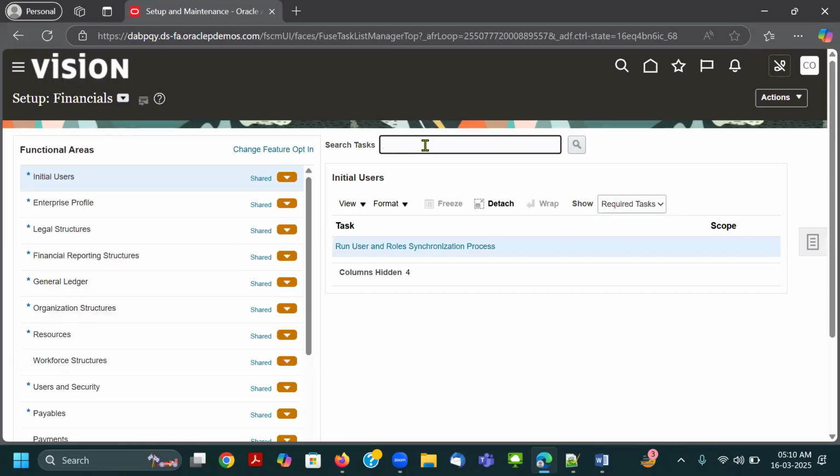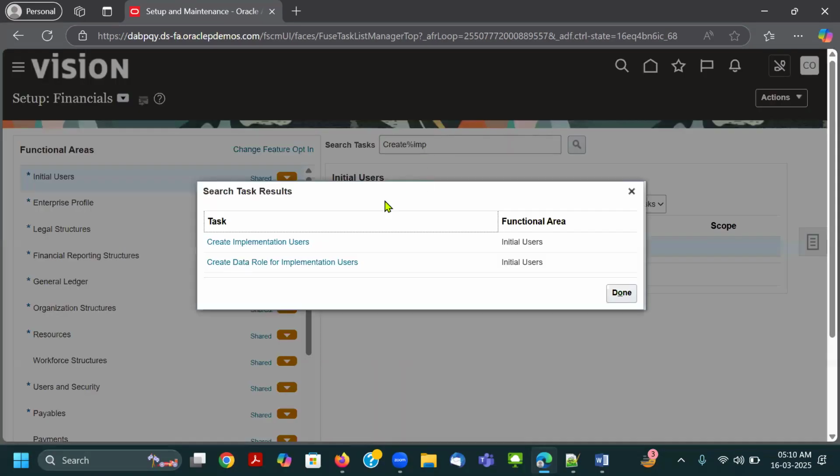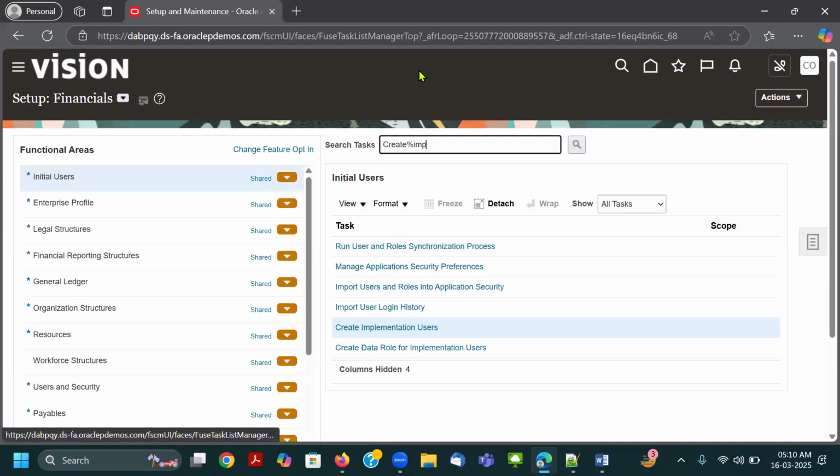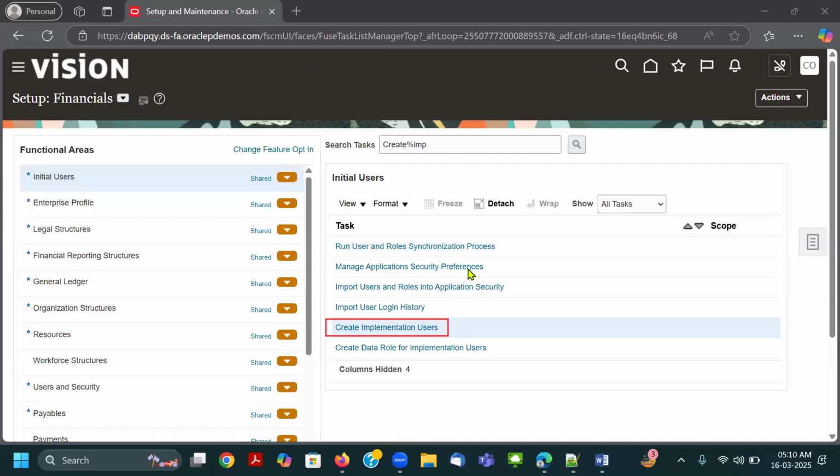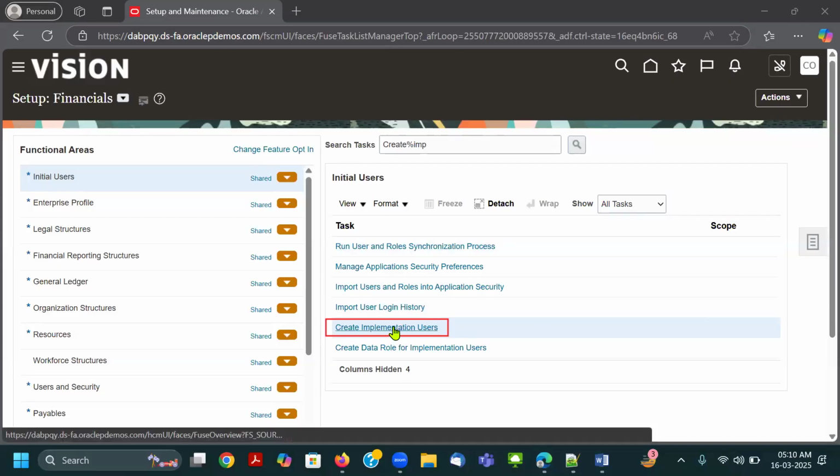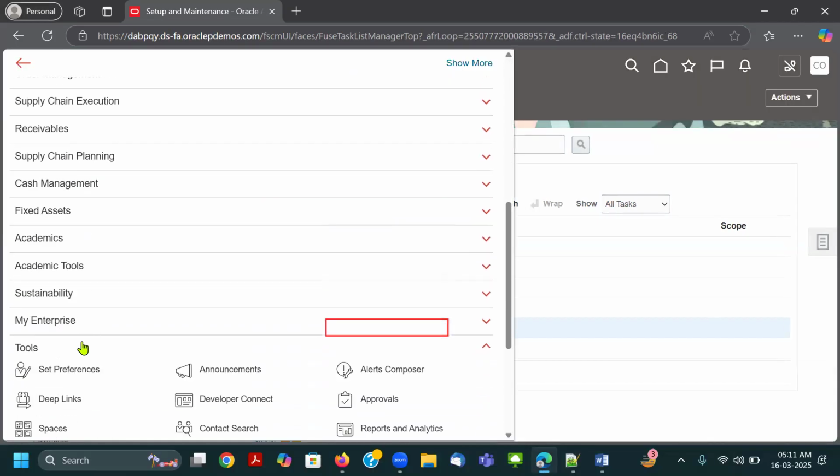Here you can just use the task name, create implementation. By using this respective task, you can access your security console page, admin page, role creation page, user account page. Just click on it. So either you can access this option, or else if you go to the tools,